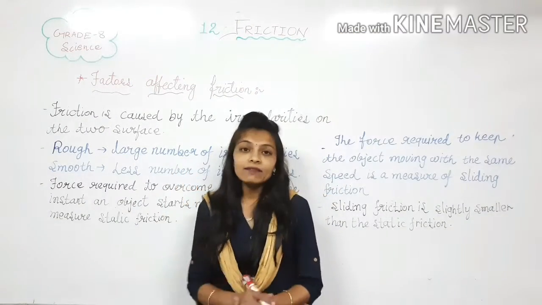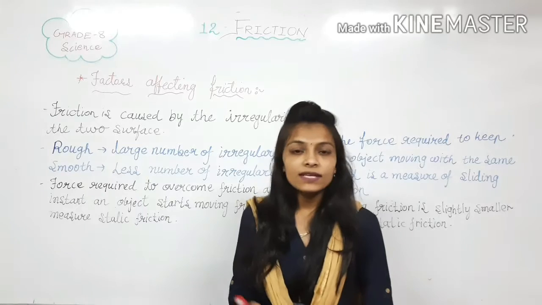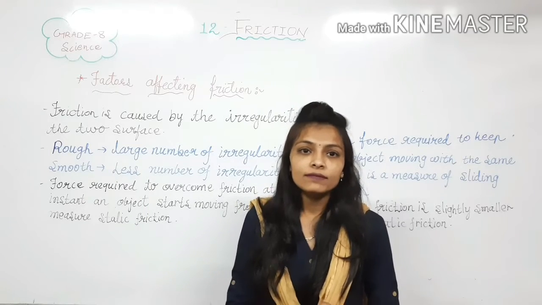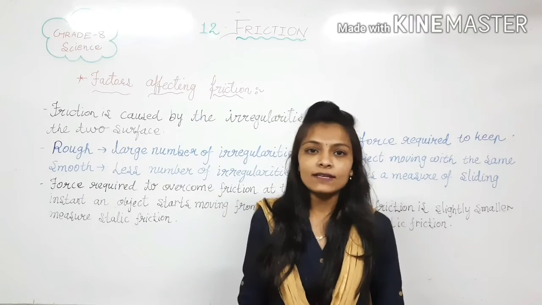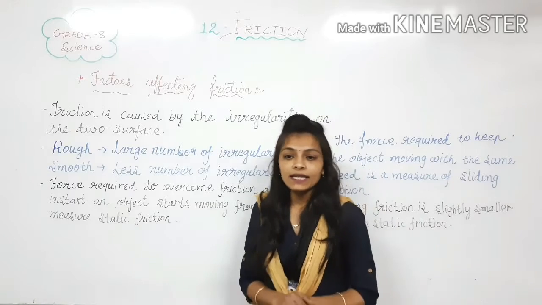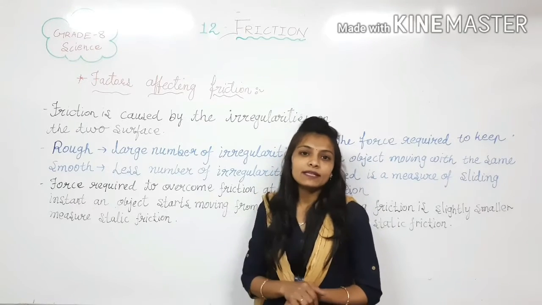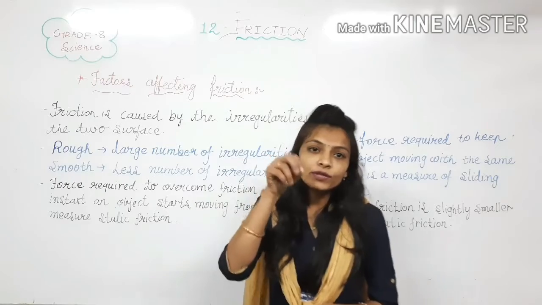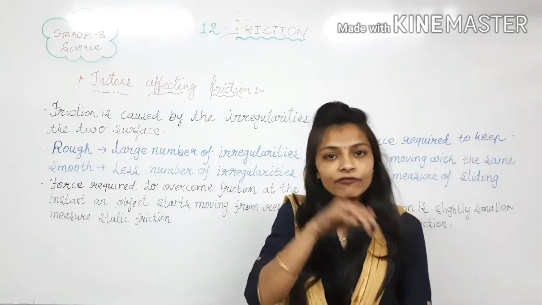So we will take one example of a lock and key. What is the surface inside the lock? It would be a rough surface only. And have you seen the keys? There is one gap in the keys. Why? Because when you put it inside the lock, it will be fixed.